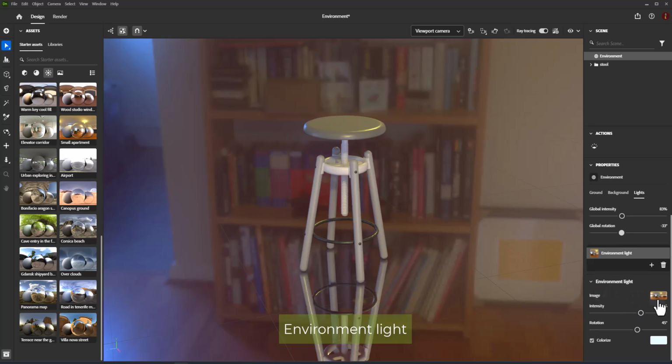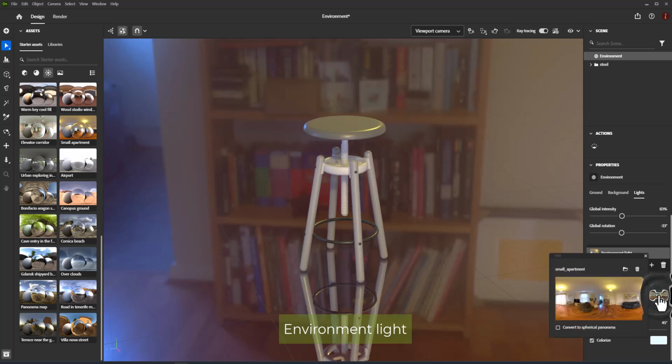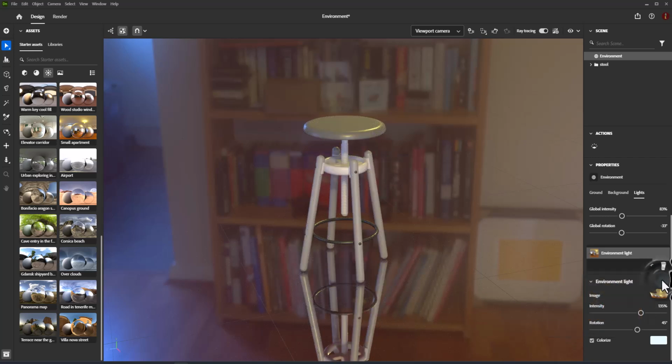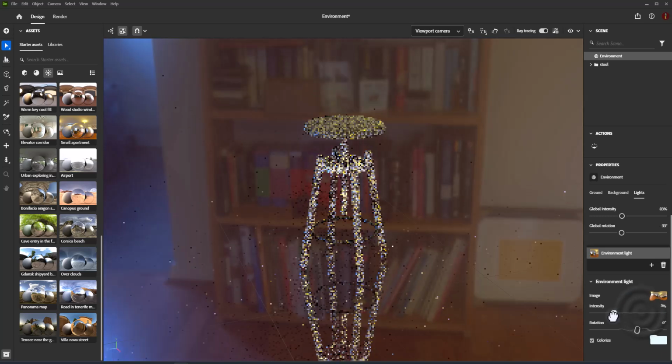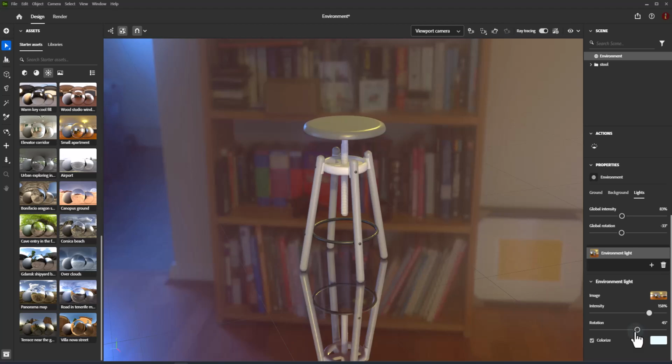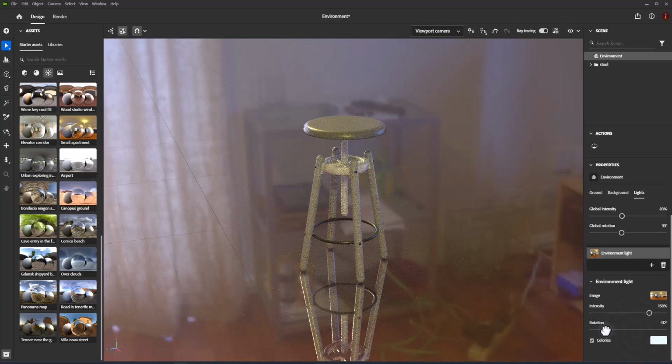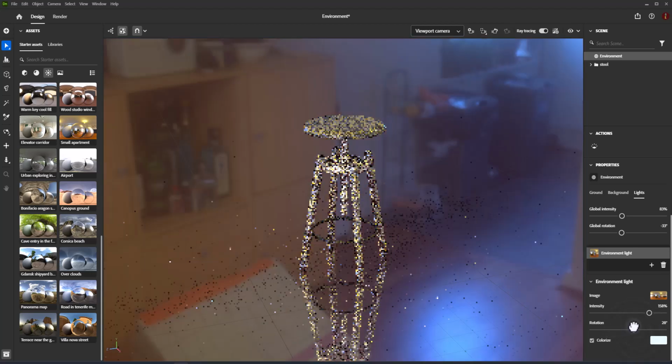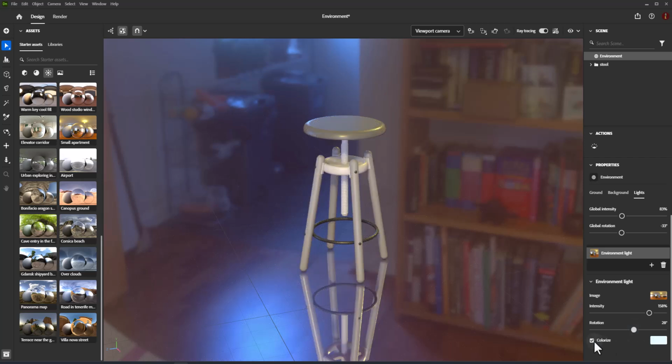Environment light. An environment light is a panoramic HDR image that is projected spherically around the scene. Image. Panoramic image input to the environment light. Intensity. Amount of light emitted from the light source. Rotation. The position of the light on the horizontal axis around the scene, controlling whether the light points from the